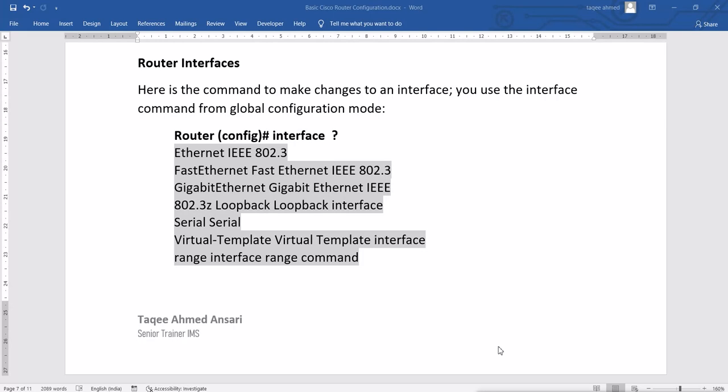Now first you should know what the job of your router is. The job of your router is to connect two different networks. This is the basic job. Now what are those two different networks? Basically those two different networks are LAN and WAN. So our router sits in between the LAN and WAN network.